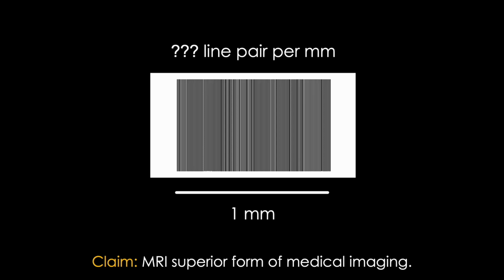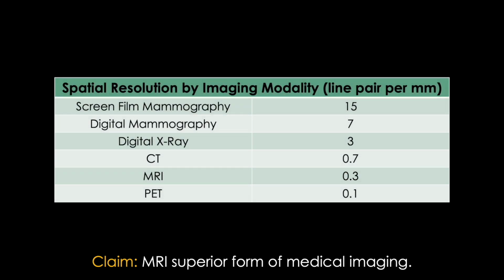at which we can no longer differentiate the line pairs from one another. We do not have the resolution to do so. This will be the useful resolution of our medical imaging, and it's based both on our detector element size, the monitor displaying the image, and the background image noise. Here is a chart that shows typical values of this useful resolution across multiple imaging modalities, and notice where MRI is. Second to last, a cheap X-ray has a far superior resolution to both MRI and CT, which brings us